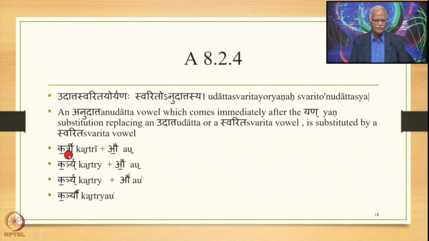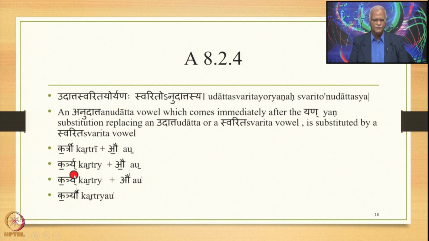So here we have kartri with the final vowel being udatta, followed by au with anudatta accent shown with the horizontal bar below the letter, and so now iko yanachi applies and this e gets substituted by ya. So now you have kartriya plus au. So this ya has come in place of an udatta e, and so this sutra 824 applies over here, and